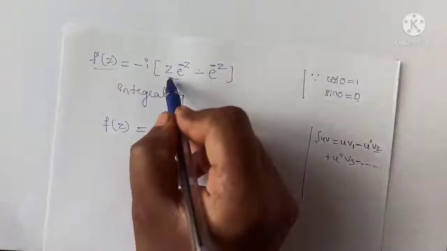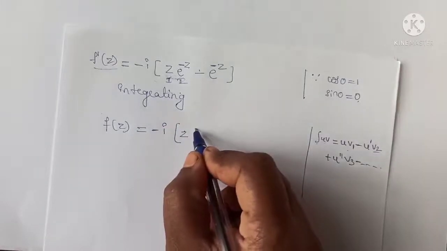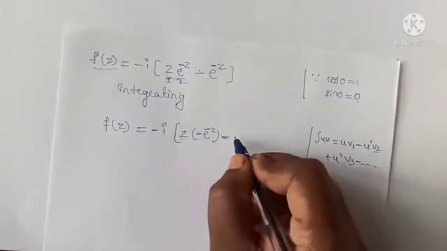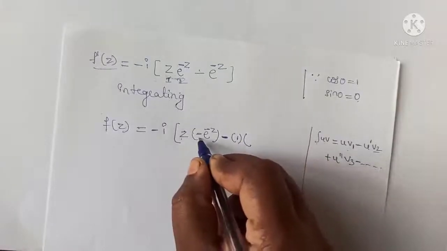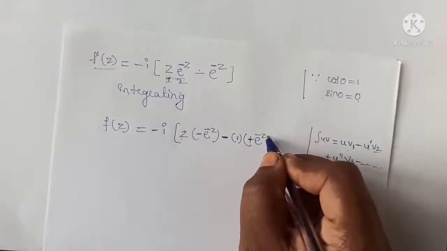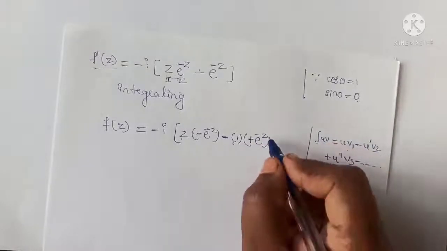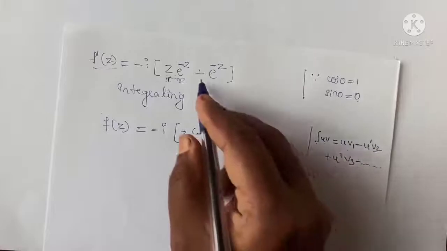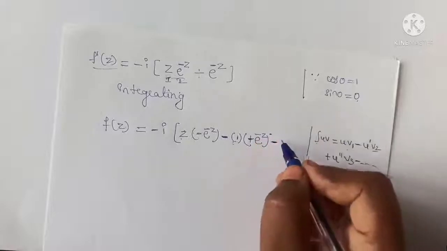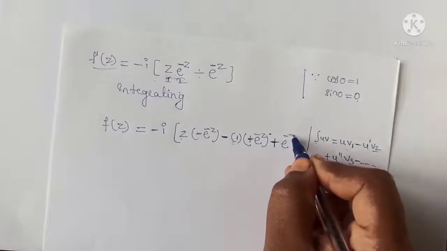Now we treat this as the first function, this one as the second function. z as it is, integration of e raised to minus z is minus e raised to minus z, minus differentiation of z is 1, again integration of e raised to minus z, which is minus into minus, we get plus e raised to minus z. Next term, differentiation of 1 is 0, therefore all next terms become 0, so we stop here. Next we have minus e raised to minus z, whose integration is minus e raised to minus z, therefore it is plus e raised to minus z.